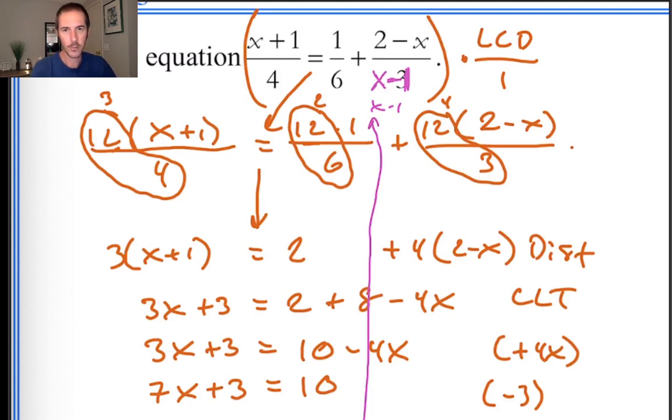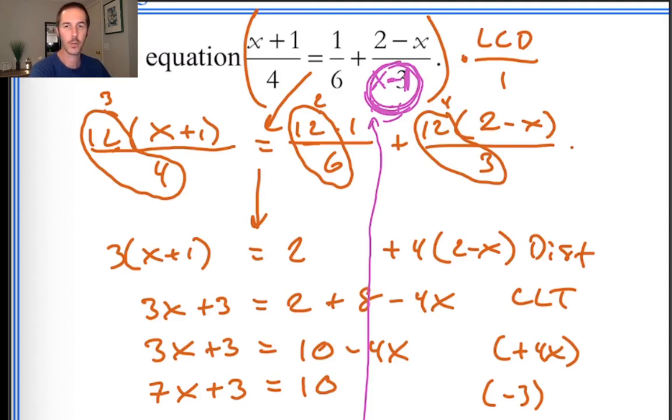So what? So it's a 0. A 0 in the denominator does not fly. That's division by 0. That's undefined. So when we get to the point where we're working on equations that have the variable in the denominator, we're always going to have to do that extra step of doing a quick check to make sure that